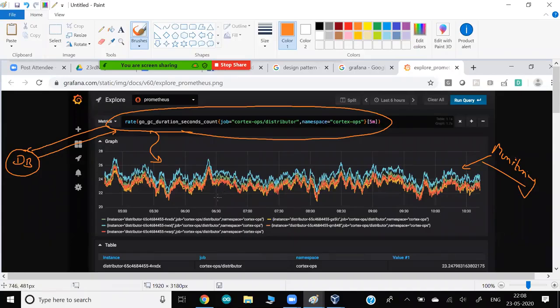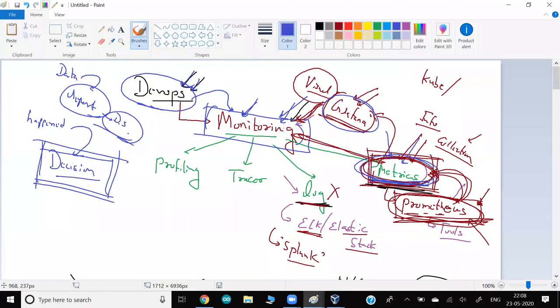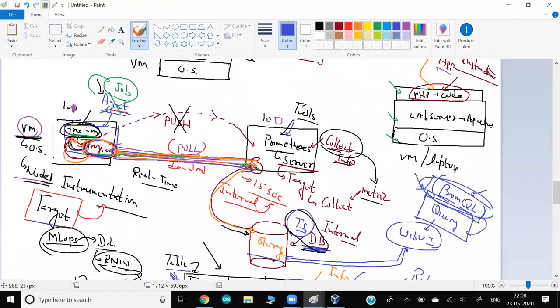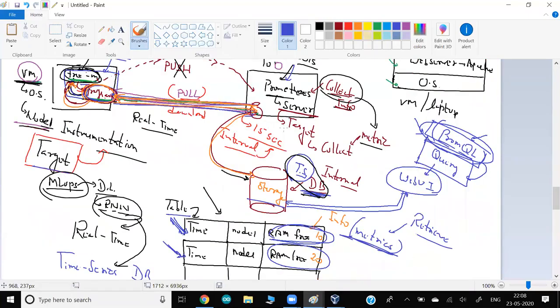Okay, and how to retrieve the data from the Prometheus database? Using this query, and this query is your PromQL query. That I will explain to you from very zero. Even this query, whatever they write, is again pretty simple. There's not so much complexity. Maybe if we have time, we can learn at least up to this level also today. Okay, so this is the way it is working. So guys, this is the high-level architecture of Prometheus. But as we go forward, you will be very much linked to this part.